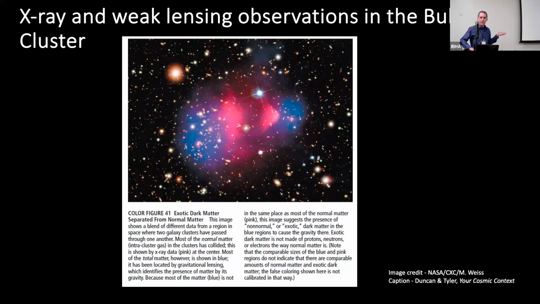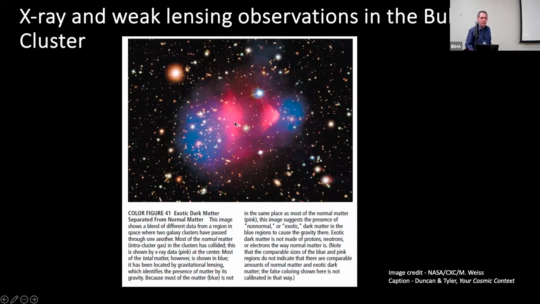So one is on the scale of galaxy clusters, actually even earlier than the galaxy rotation curves I was showing you. Zwicky in the 1930s studied the Coma cluster and found that galaxies were moving faster in the cluster than could be explained by the mass that you could visibly see. And this is a modern day version of that. This is a famous picture of the Bullet Cluster, and it's a composite of